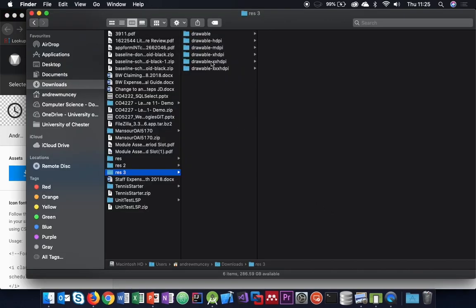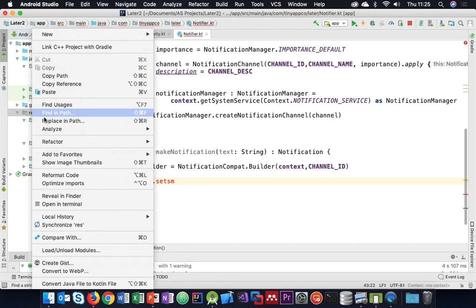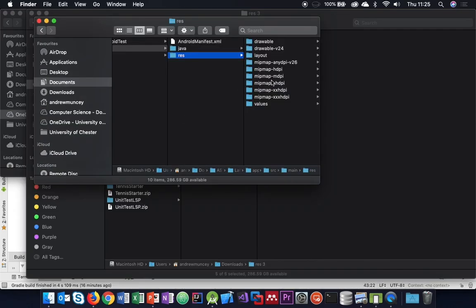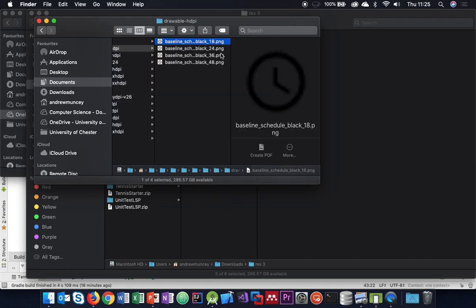We'll extract that and we'll get all these drawable folders. Okay, ignoring the top one, which you don't need. I'm going to copy all of the rest of them. Then I'm going to go to my Android application. I'm going to right-click on the res folder, and I'm going to go to reveal in Finder. Okay, and then I'm going to paste them all in there. Okay, so in each of those we've got like an 18 pixel one or equivalent, depending on what